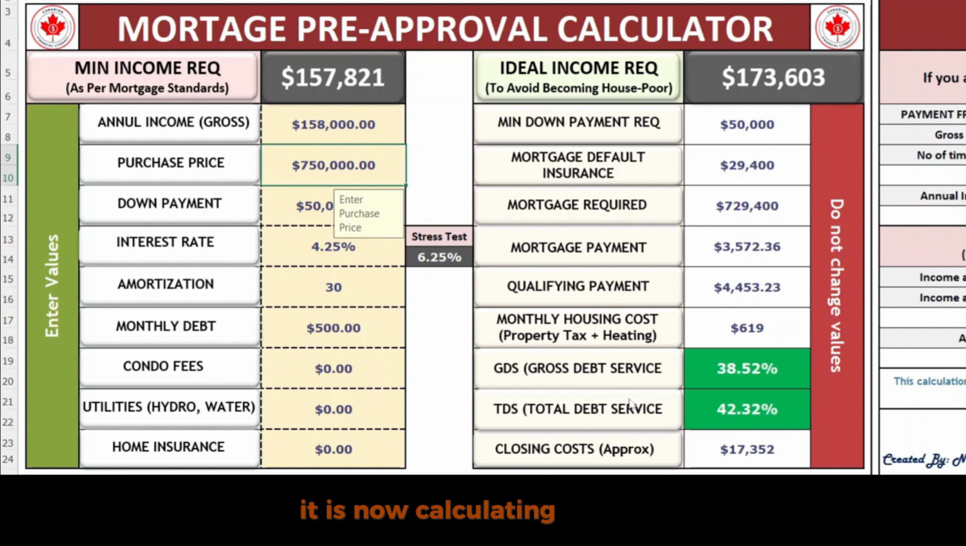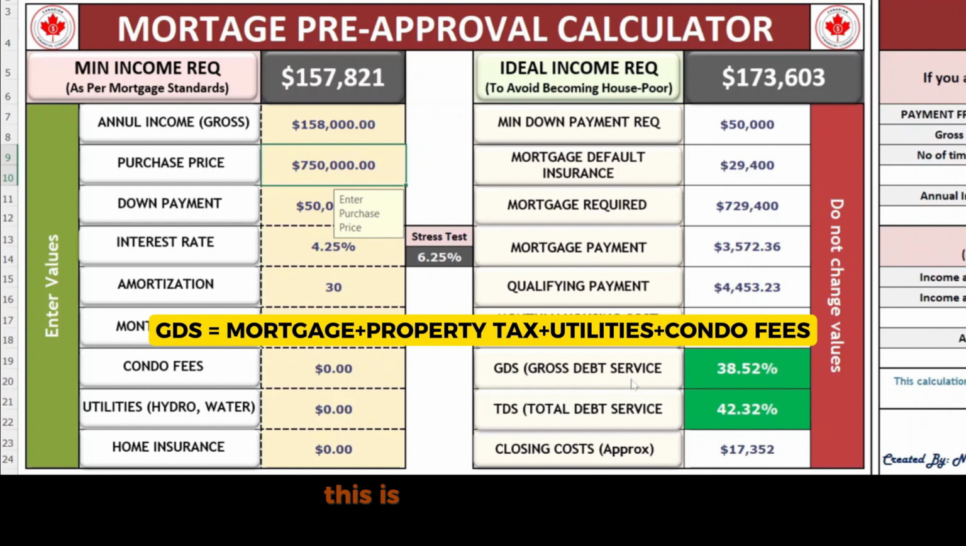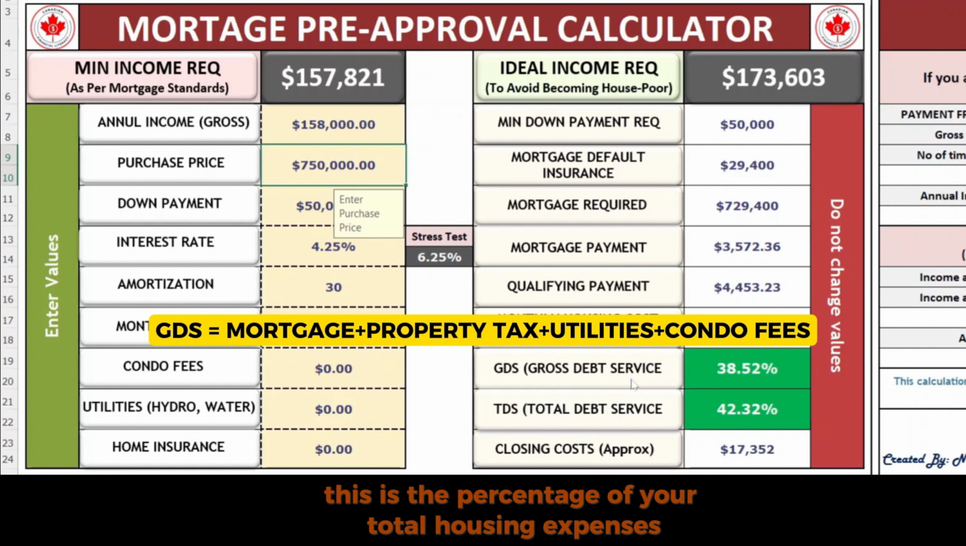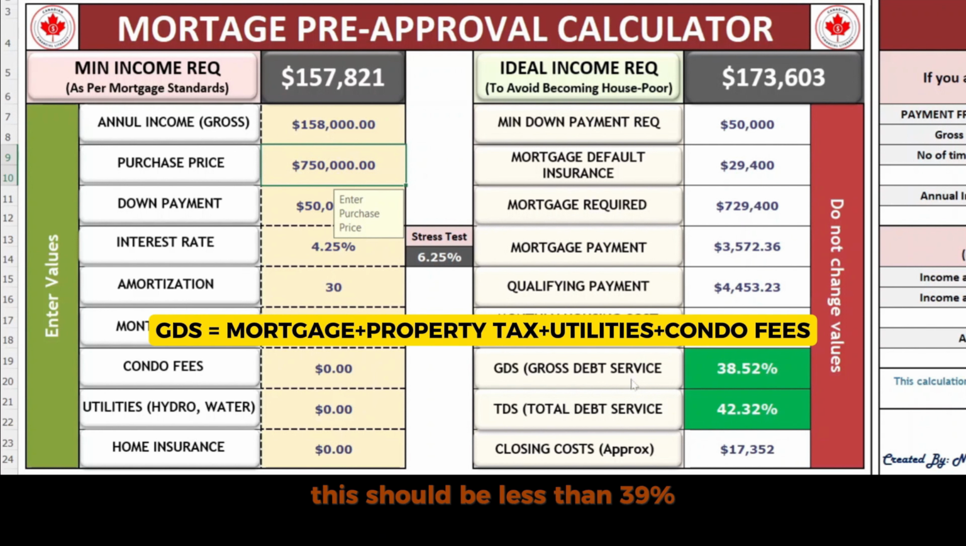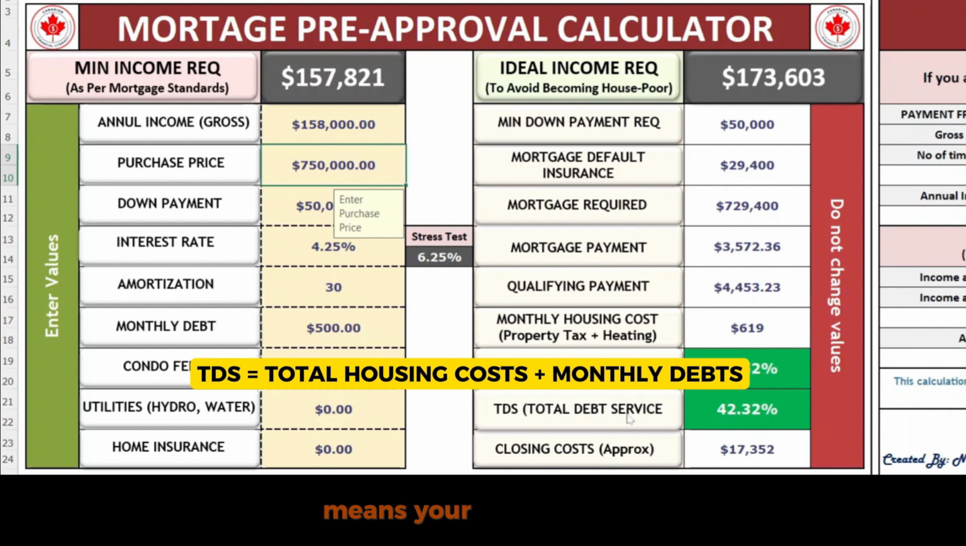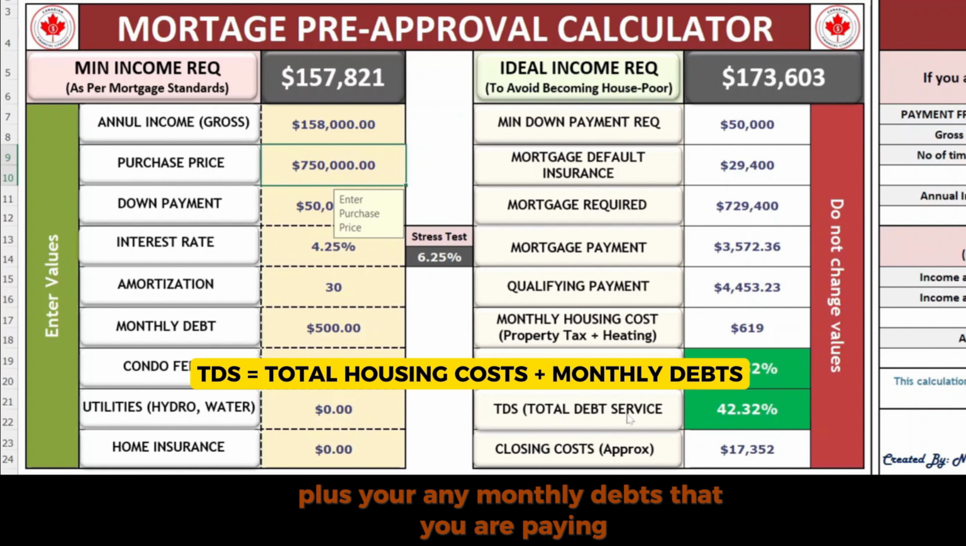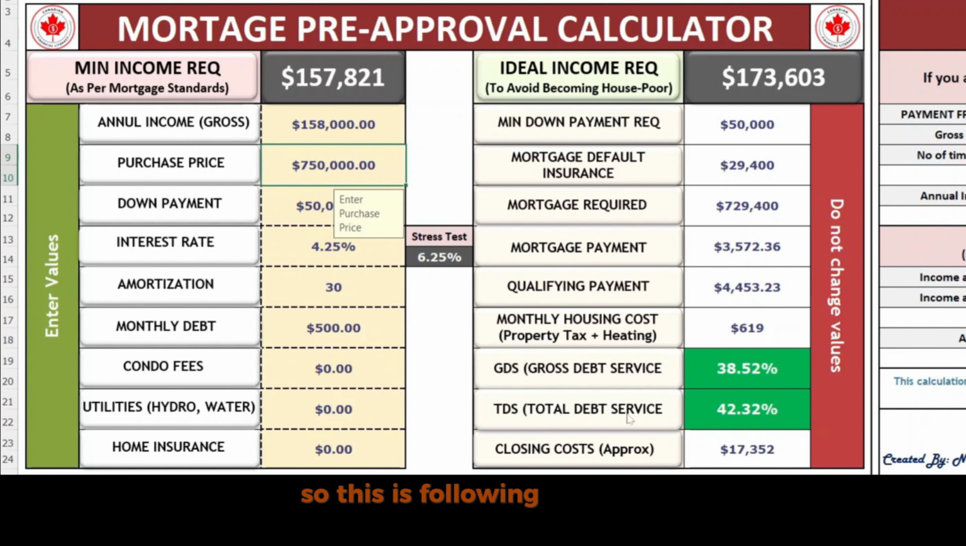Now we'll come to the right hand side. It is now calculating GDS and TDS. What is gross debt service? This is the percentage of your total housing expenses, which should be less than 39% as per the mortgage rules. And TDS is total debt service, meaning your housing expenses plus any monthly debts that you are paying should be less than 44% as per the mortgage rules. So this follows the mortgage standards and gives you the annual income you require to get approved for this mortgage,